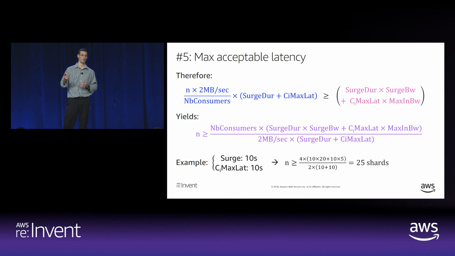There are two other contexts that are similar to that. If a consumer is unavailable for some time and suddenly comes back up, it will accumulate some lag, and it will need time to catch up with the real-time stream. Again, you can compute how long this is going to take based on various input variables, and most importantly, the number of shards. The other case that is similar is if a consumer is trying to reprocess past data. Again, you can compute the rate at which that consumer is going to consume data. For example, it may need 10 minutes to process an hour of data.